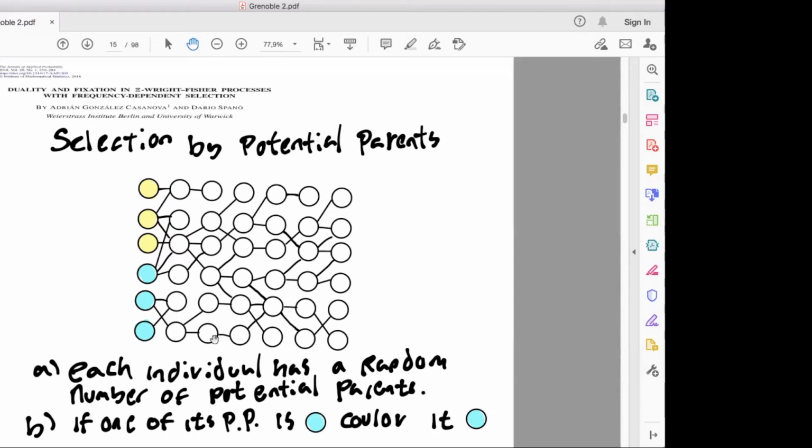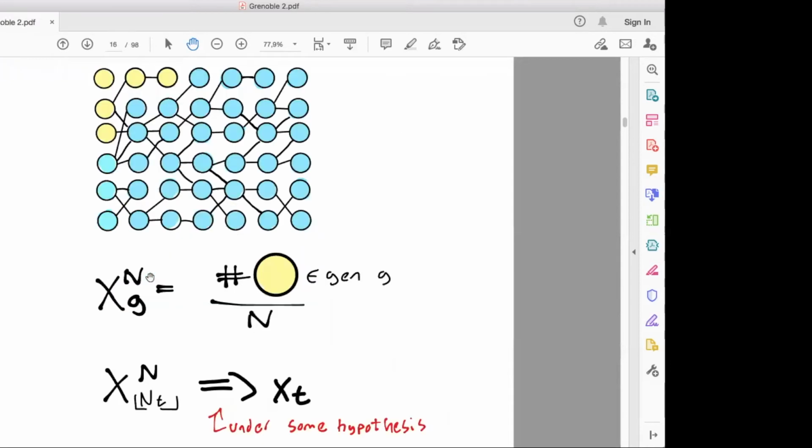So for example, in this case, let's say that blue is better than yellow. So this first individual will be yellow because it's only connected to yellow individuals. But this individual here will be blue because it's connected to a yellow individual and to a blue individual, and it chooses the blue individual as its parent. This way you propagate the colors, and it's very nice because you have